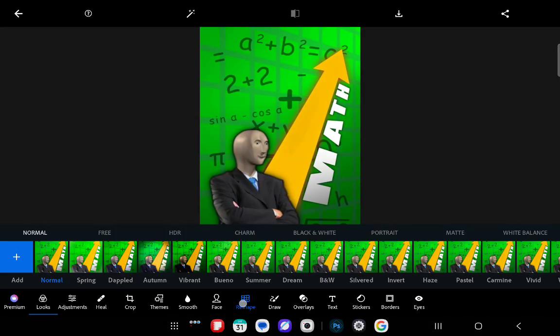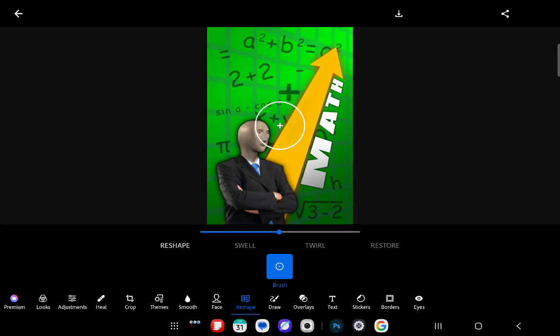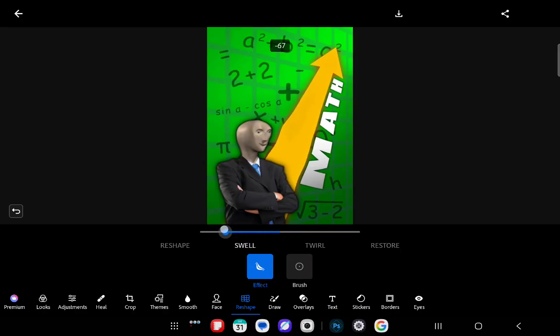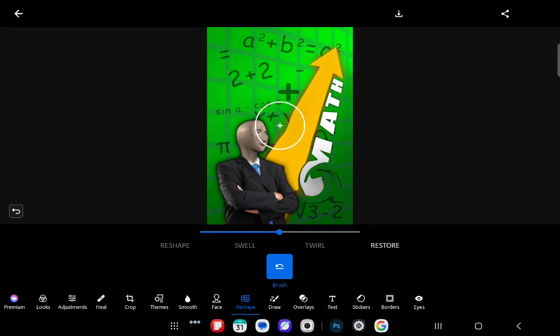After that, press on reshape, and here you can do many reshaping options, basically, like you can maybe reshape a picture, you can swell a picture if you want to, you can twirl it, for example, and you might want to restore basically any of these changes. Maybe you didn't like them, and you can just simply